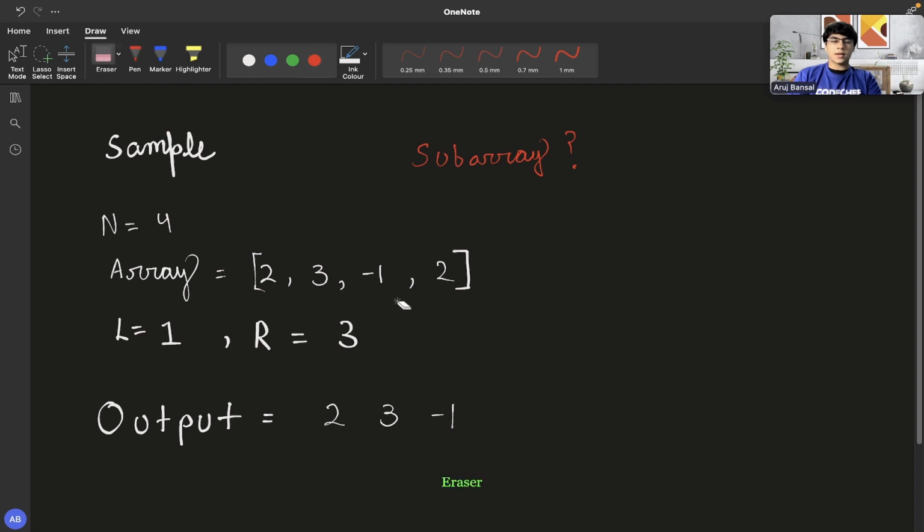That also means that we can delete 0 or more elements from the left side or 0 or more elements from the right side, so that we have a continuous array formed within another array. And so we have to print the subarray from index 1 through index 3, and here that is simply 2, 3, and minus 1. So if this is index 1, 2, 3, 4, then we have to print